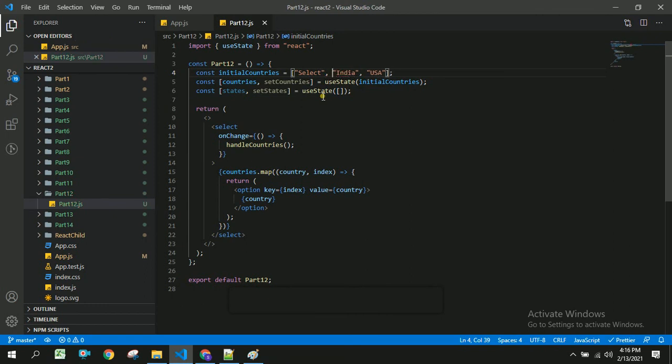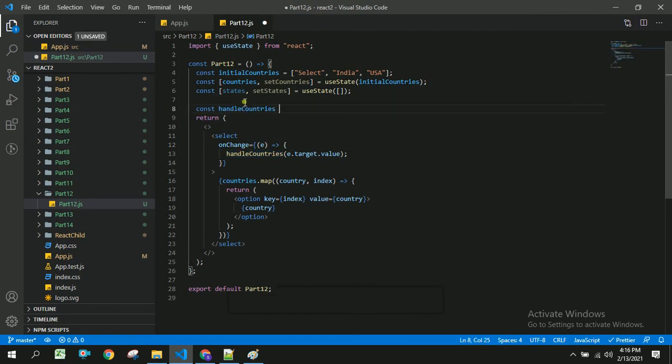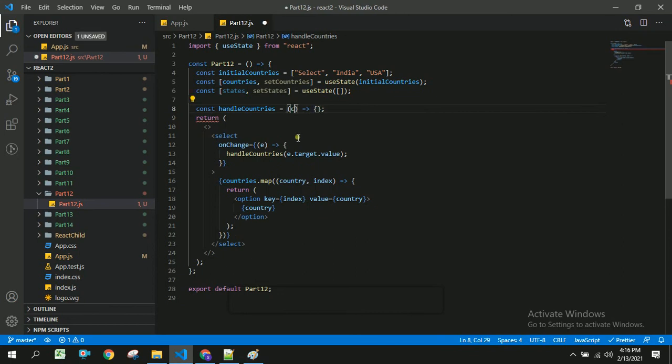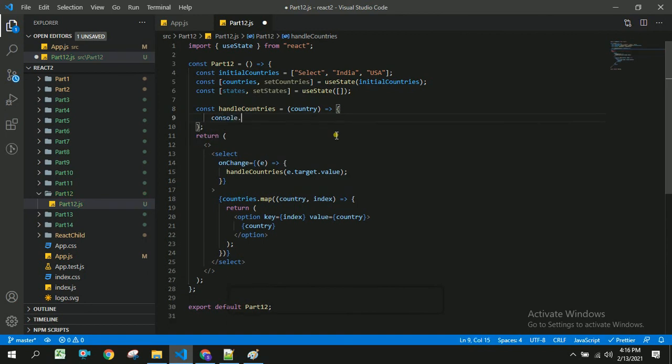So whenever this drop down is rendered for the first time, select is selected by default, and here we are going to send event dot target dot value. I am going to create this method by using arrow function syntax, which will take an argument called country. So let us log this, to check whether we are able to get the data selected by the user or not.